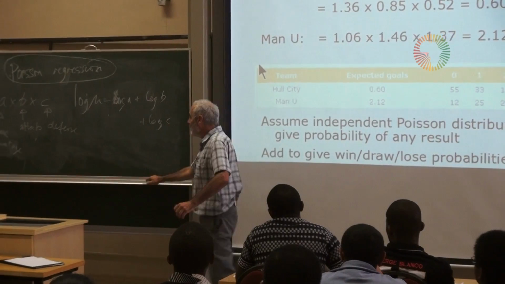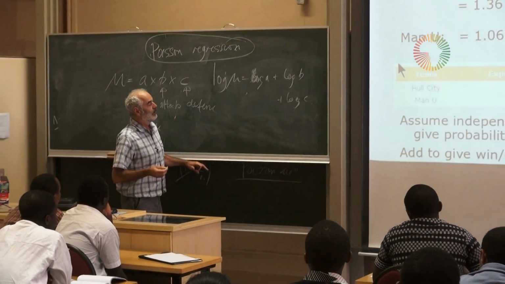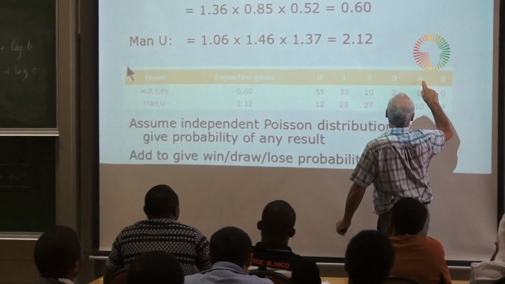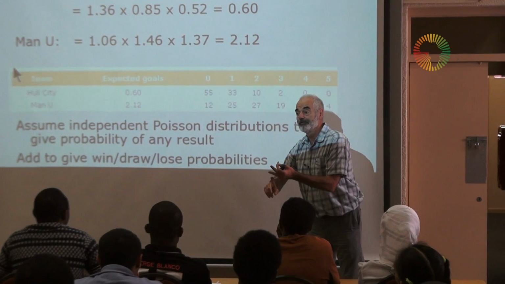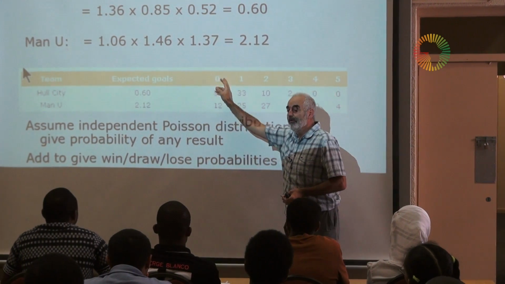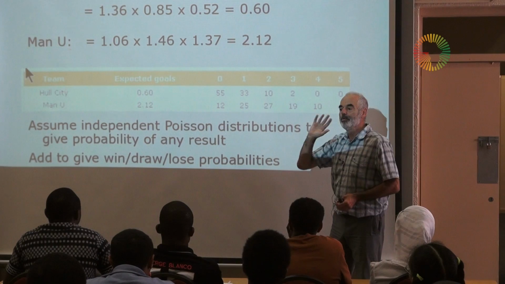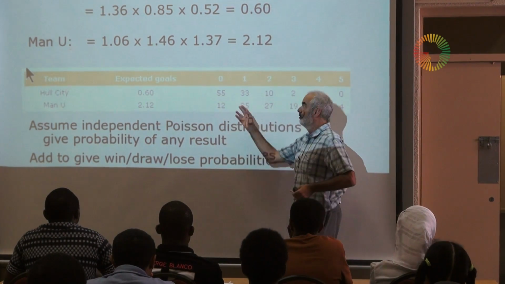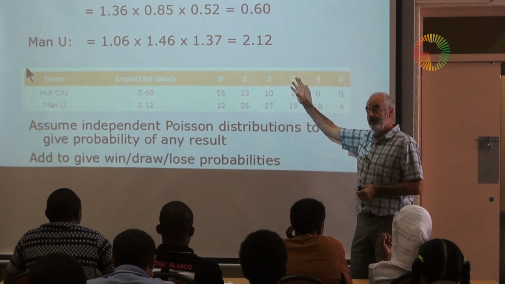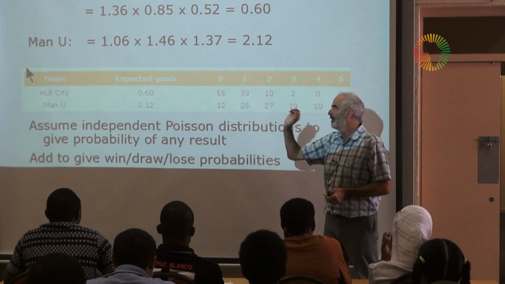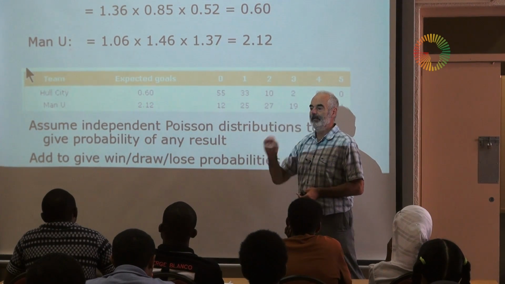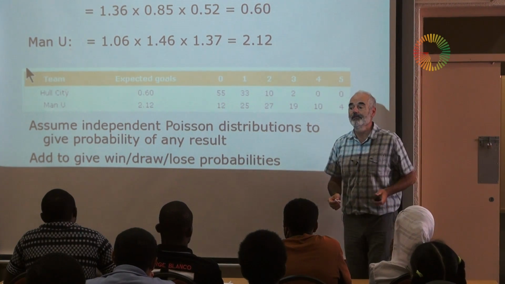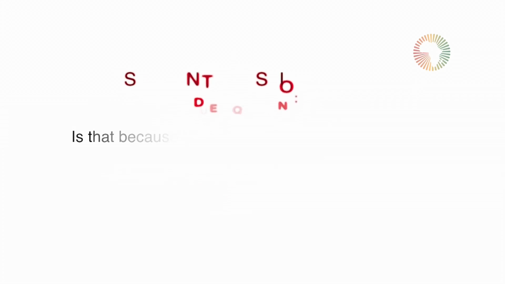Ah, well, it's because it's count data. Because they will score either 0, 1, 2, 3, 4, 5. So it's a discrete distribution, and it's on the positive integers, essentially. And the Poisson is the natural one. It's not always. There are others, negative binomial. There are other distributions on the positive integers. But if you have a distribution on the positive integers, the natural one to start with is the Poisson distribution. It's not always true, but it's the natural one to start with.